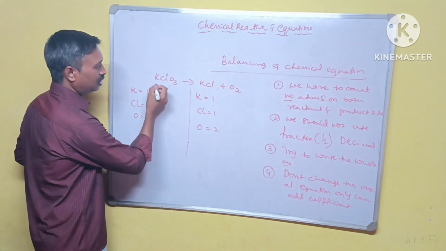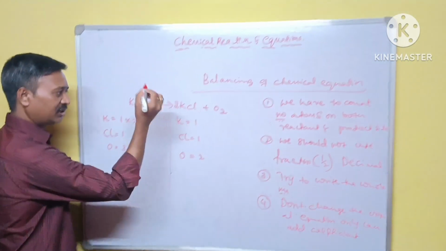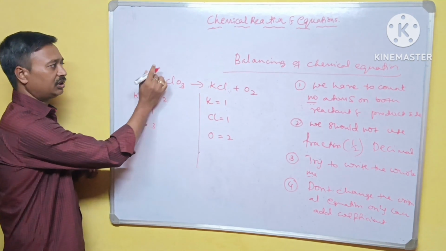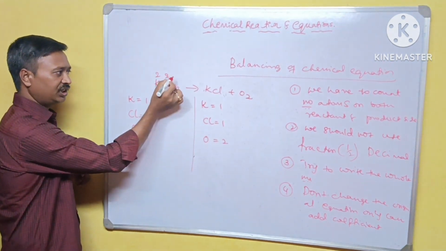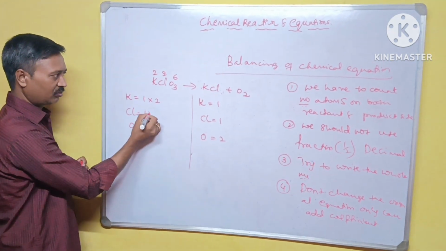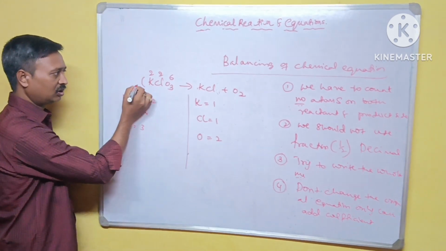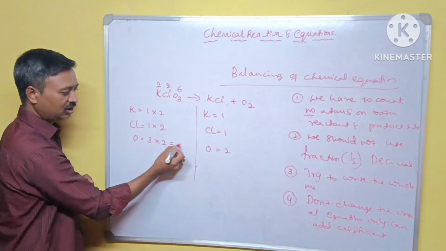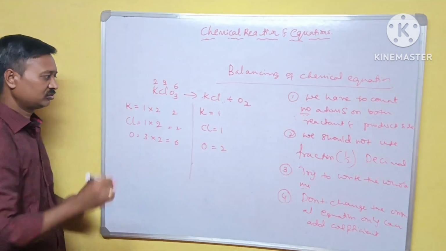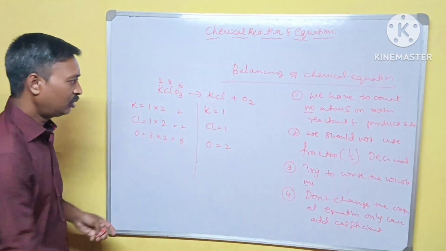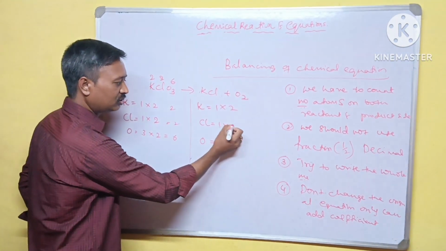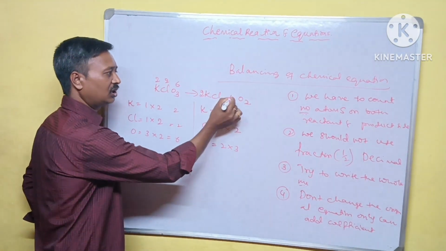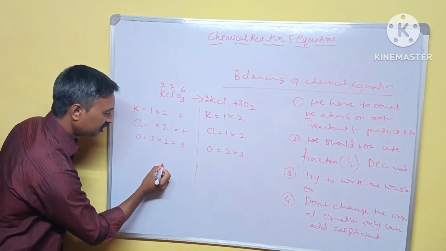So you place 2 here. Then it will become 2 KCl, 2 Cl, 6 oxygen. Multiply with the 2, it becomes 6 to 2. Now same, easy. 2, 2, 3. Multiply the KCl with 2, oxygen with 3. The correct answer is 2